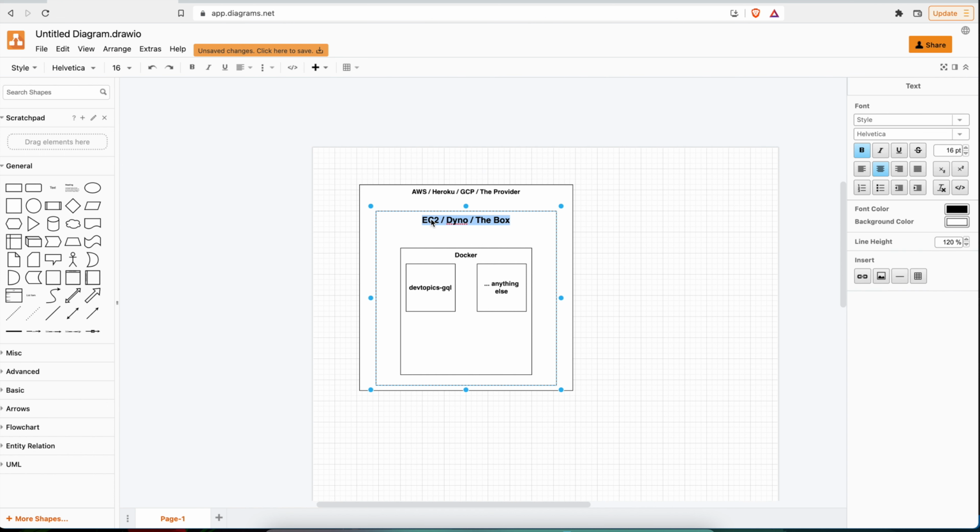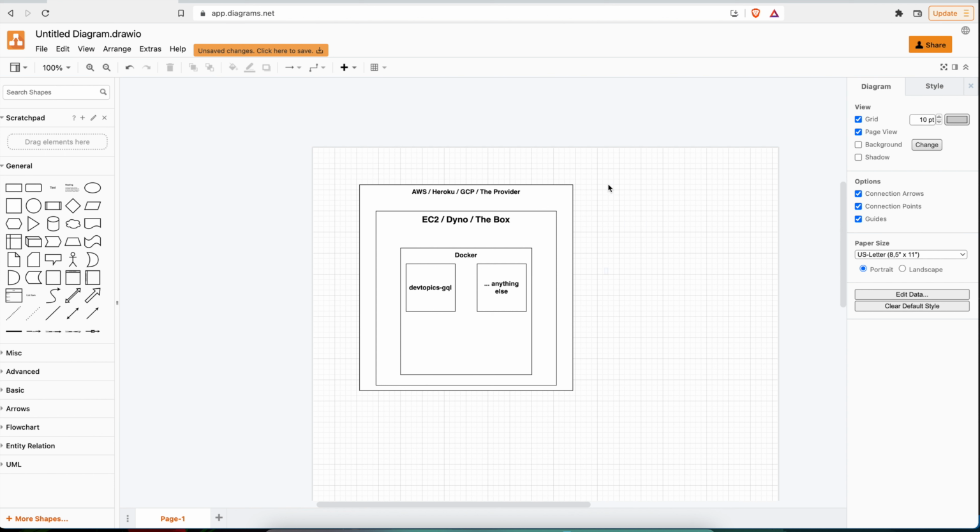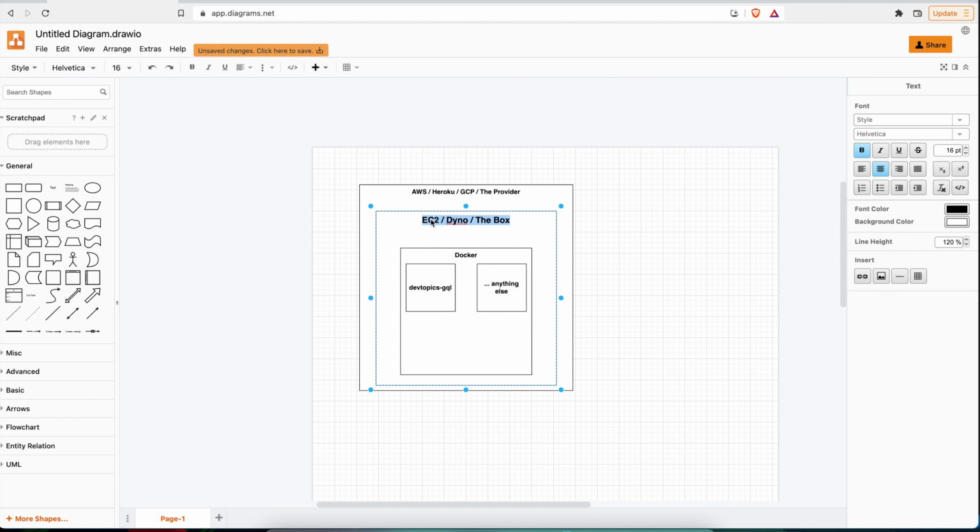So maybe the EC2 is limited to the operating systems it can run. Maybe it only has Linux. Maybe it only has ARM processors available to it, etc. So without Docker, we're limiting ourselves to generating an executable that runs only on that EC2. And if we ever want to move over to GCP or Microsoft Azure, other cloud providers, there's going to be a lot of work translating and transforming our build scripts, our code,